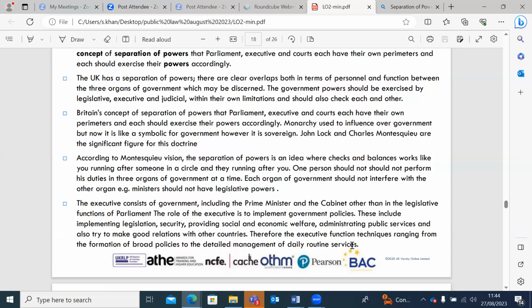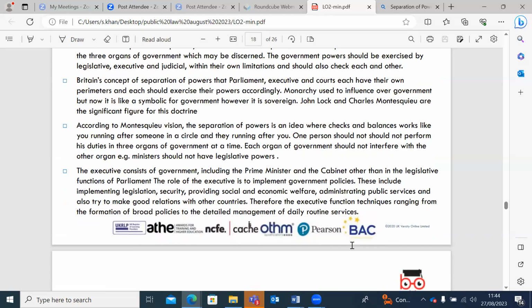For example, ministers should not have legislative powers. The executive consists of government, including the Prime Minister and the Cabinet, other than in the legislative functions of Parliament. The role of the executive is to implement government policies. These include implementing legislation, security, providing social and economic welfare, administrating public services, and also trying to make good relations with other countries. Therefore, the executive function ranges from the formation of broad policies to the detailed management of